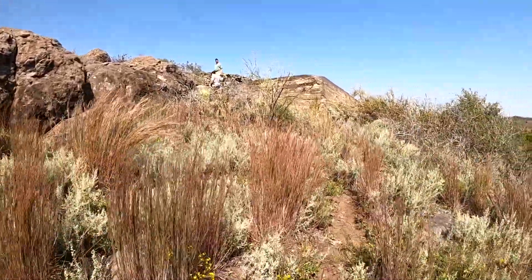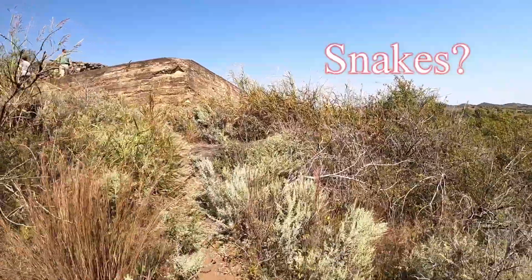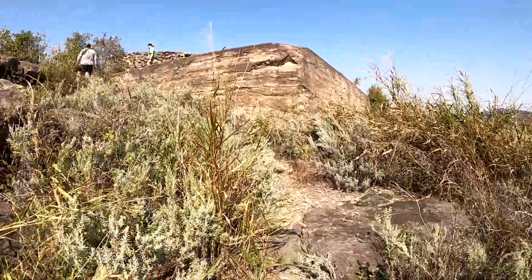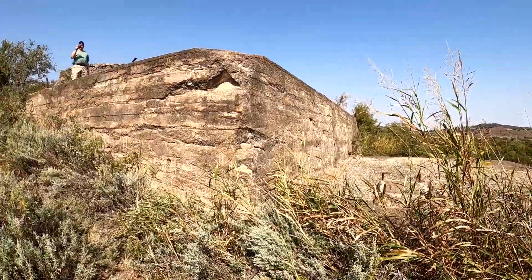Said to walk cautiously and watch where we're going, because there are rattlesnakes in this part of the country. I don't want to see no rattlesnakes. She says we would hear them. We should hear them before we...